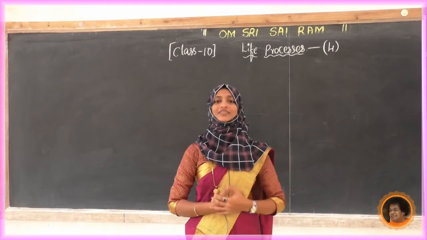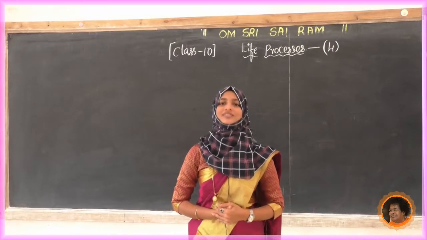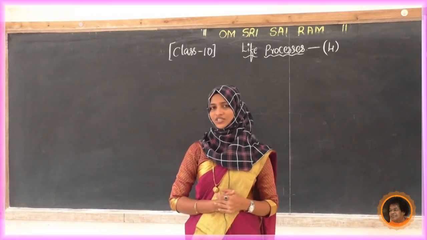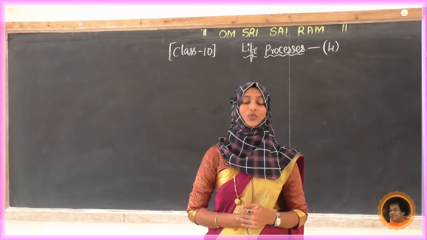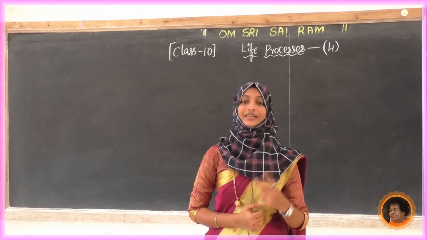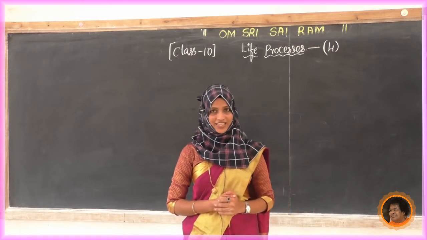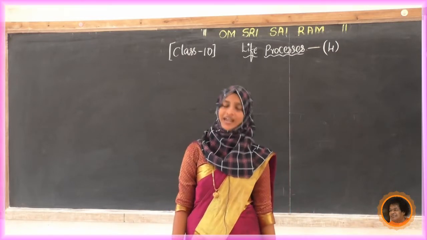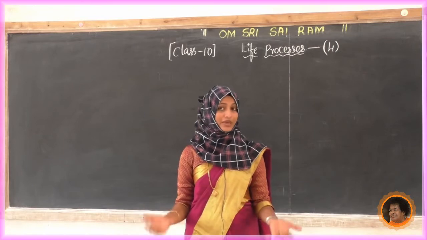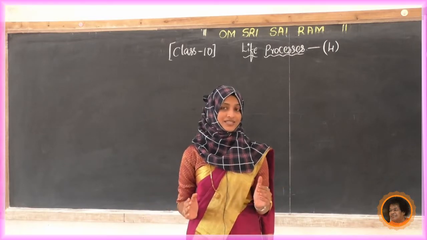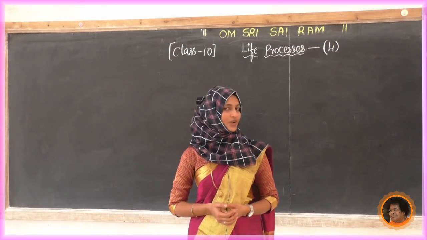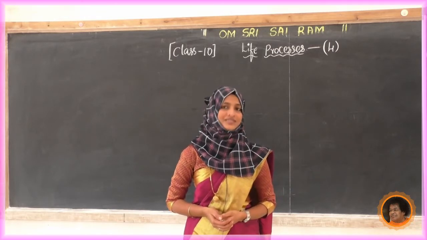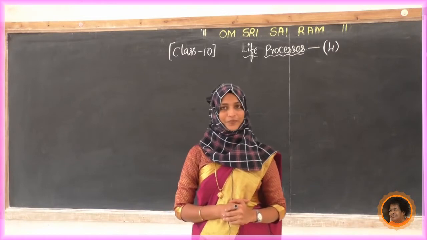Now tell me, whether the respiratory process is a chemical reaction or a chemical process. Yes, it is a chemical process. So we come to know that there are two types of respiration, aerobic respiration and anaerobic respiration. Aerobic means the presence of oxygen, anaerobic means the absence of oxygen. We have discussed the different pathways and where it occurs.